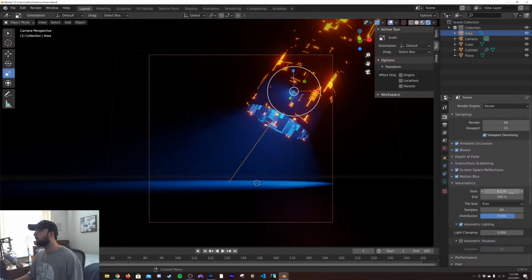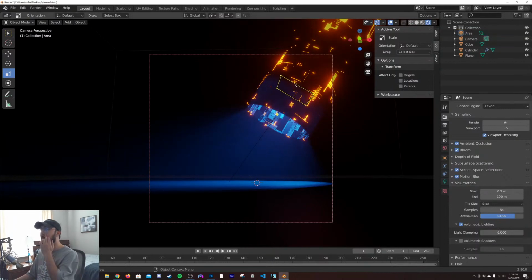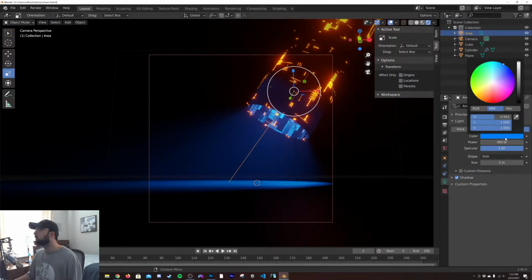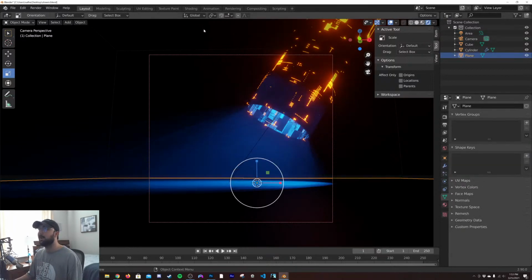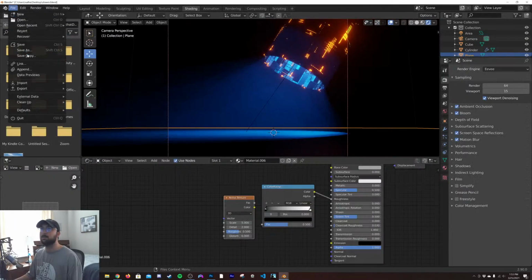It's all right. Oh, here we go. Light clamping. Oh, dope. You were right with the clamping. I found it. Awesome. I mean, it's kind of weird, but it's okay. We fixed it for the most part. There. We all learned something today. That looks awesome. Okay, so now let's go back to shading the floor here.